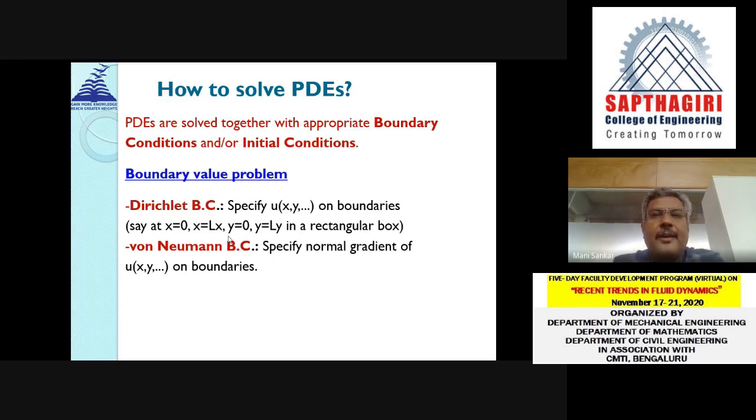As I said, when I want to solve a partial differential equation, we need to have supplementary conditions. As I said, there are two ways to solve the problem. One is a boundary value problem, another is an initial value problem. In a boundary value problem, the conditions are specified at more than one point, and the way we specify the conditions,